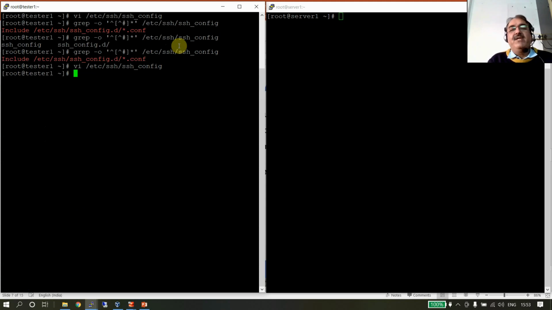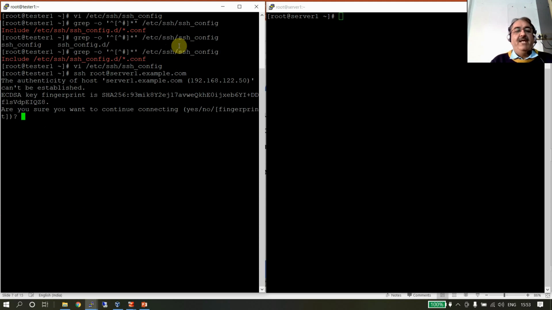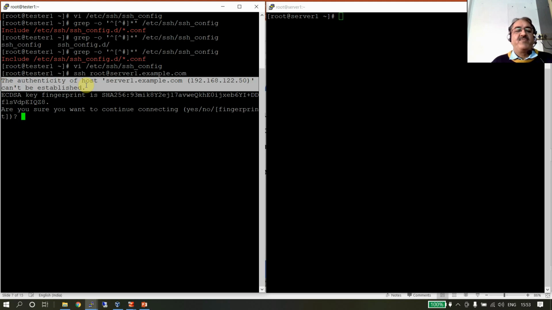Now let's connect to the remote server, which is server1. ssh username@hostname.example.com, and it is connecting. The message is: authenticity of this system cannot be established, but the key fingerprint is this. Are you sure you want to connect?